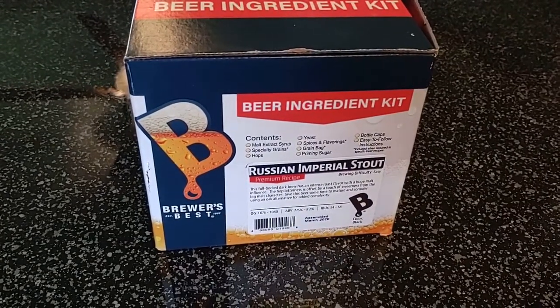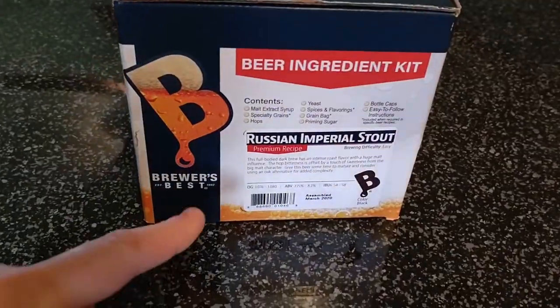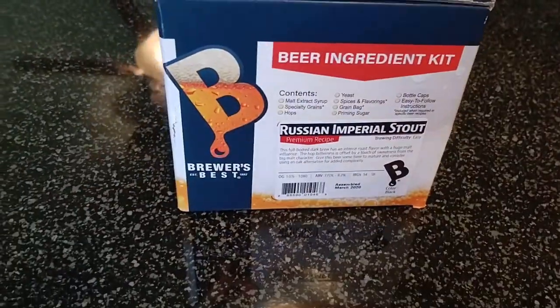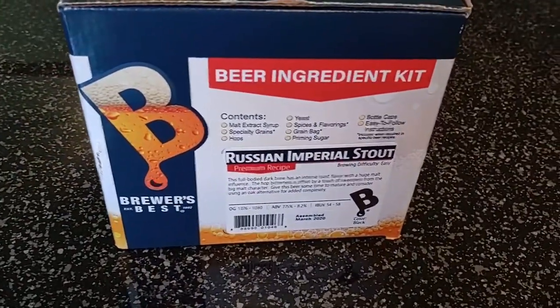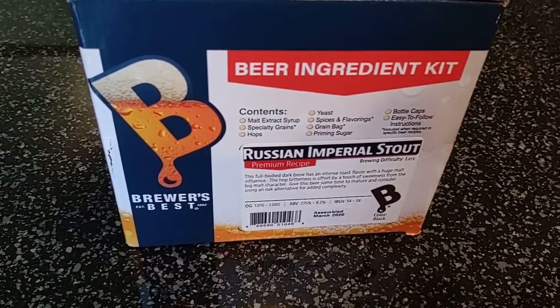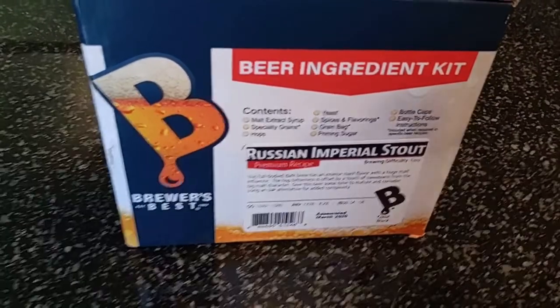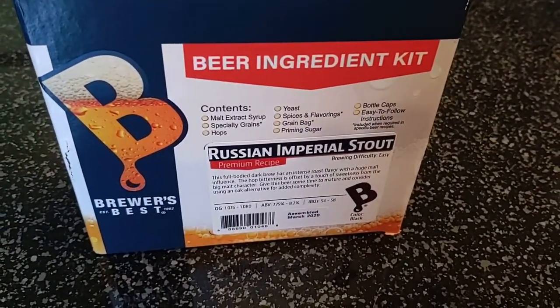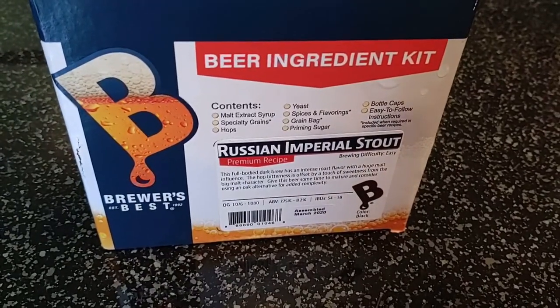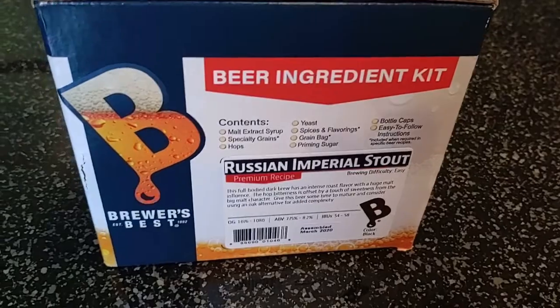Okay, so the first kit that I want to talk to you about today is the Russian Imperial Stout from Brewer's Best. This is a premium recipe, which basically just means you're getting a whole lot of ingredients, and it might also explain the slightly higher price tag that you're expected to pay for this kit. But I'm going to show you a Russian Imperial Stout. If you haven't made it before, you're going to find out this is just a really thick,